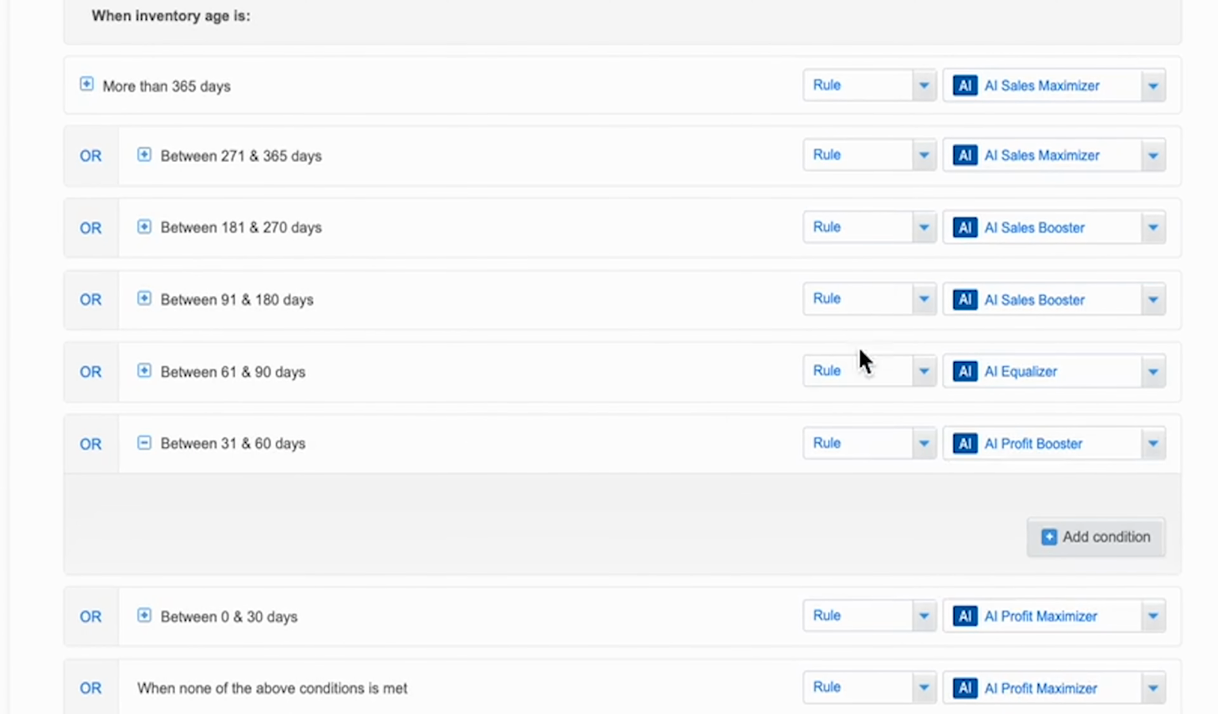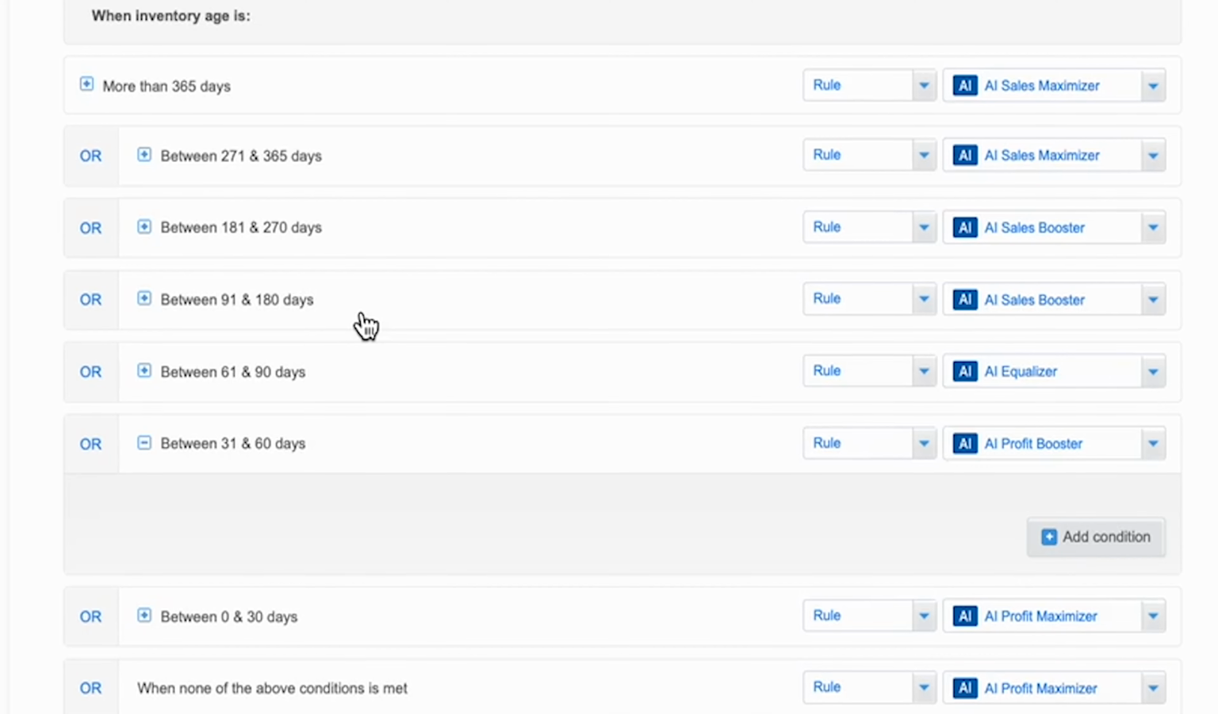And then between 61 and 90 days, it goes down to AI Equalizer, where it's essentially going to be weighing equally profit and volume to try to get you a high price, but also sell it pretty fast. And then between 91 and 180 days, since that's a 90-day period, I'm honestly just going to go to Sales Maximizer. I'm not super worried about Sales Booster. If my inventory's been there more than 3 months, I want money back in my pocket, even if I'm not